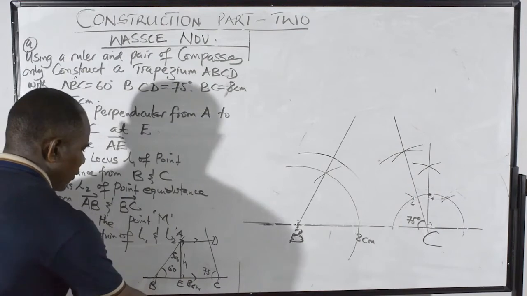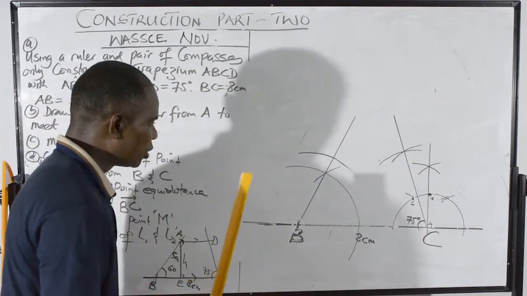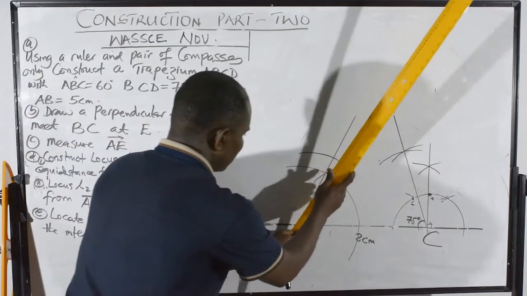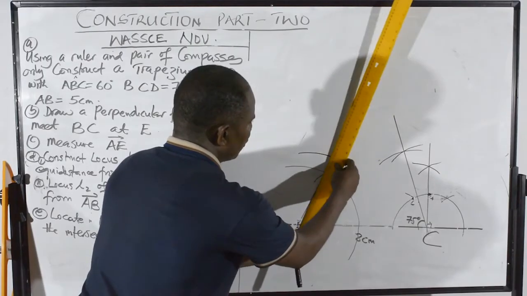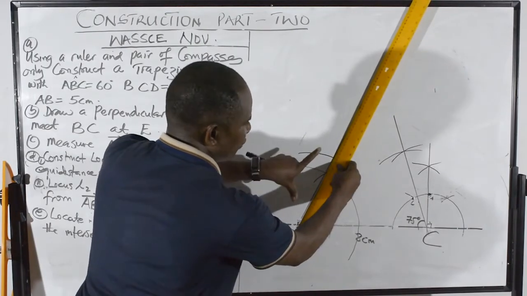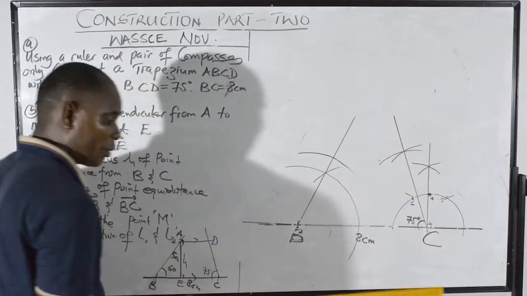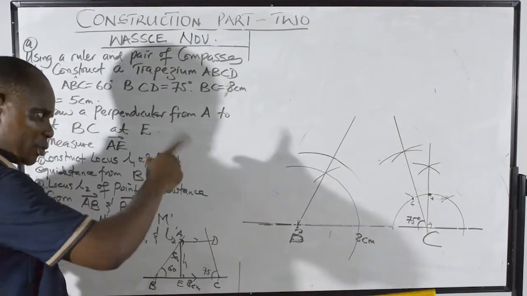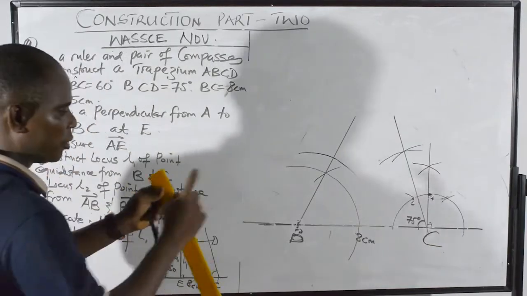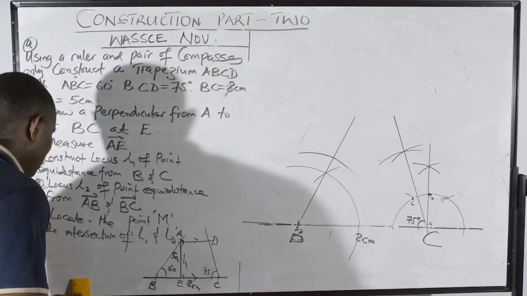So now we have, or another way I can still use here. I go with 5 centimeters somewhere there. This is a measure of 5 centimeter along the line. So if I get a 5 centimeter here, I just measure. That's another way. If you cannot use the compass to strike the 5 centimeter position, you can use your ruler together and get 5 centimeter.